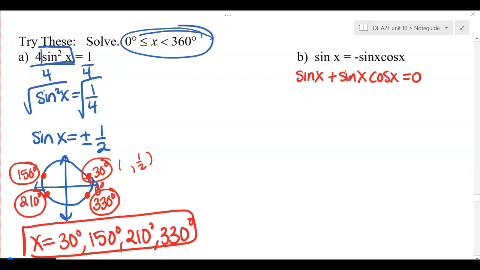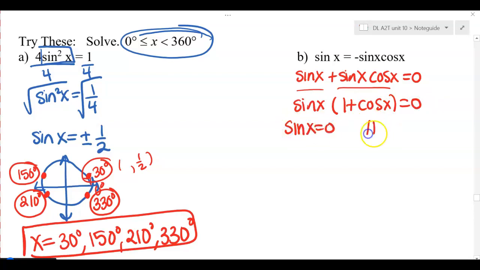And you know what? We can actually still factor this because these two terms both have a sine x, and when we factor out the sine x, what's left is 1 plus cosine x, and individually we can set those both equal to 0 and get our solutions for that. So we're looking for places where sine x equals 0, and to finish this one, it would be places where cosine x is equal to negative 1. So where sine x would equal 0,